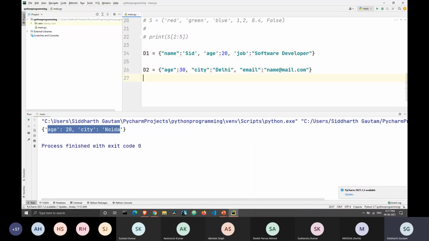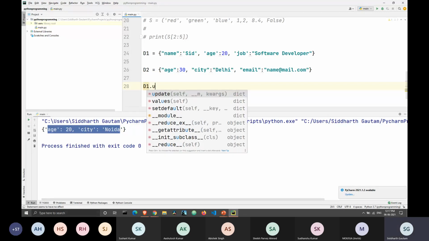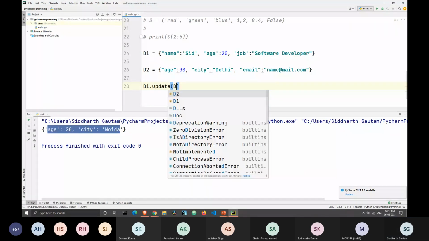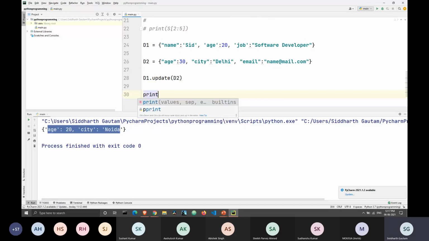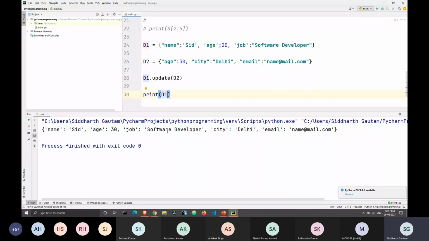So how we can merge these two dictionaries is that we can just write D1.update, and inside brackets we write D2. Then we can print D1 and run this. What happened was that we get a new dictionary, like D1 has been updated to a bigger dictionary.